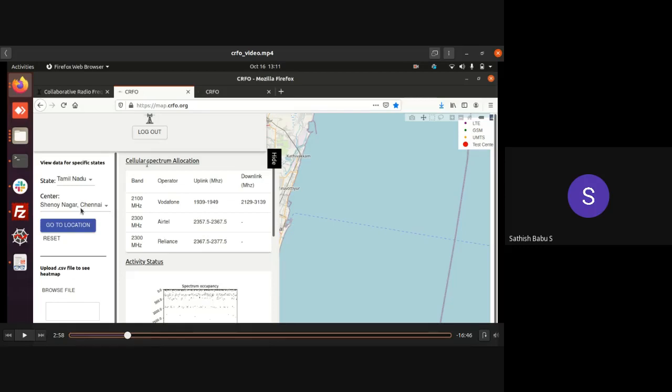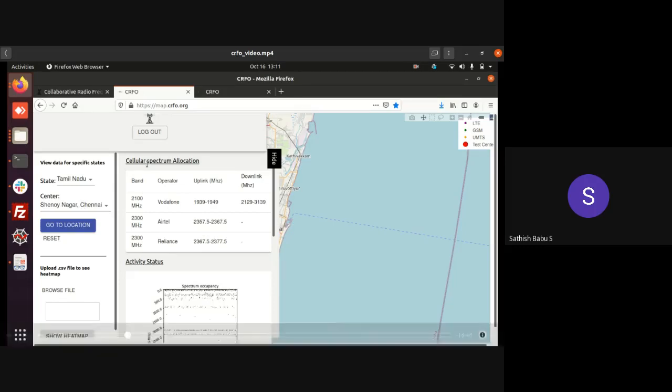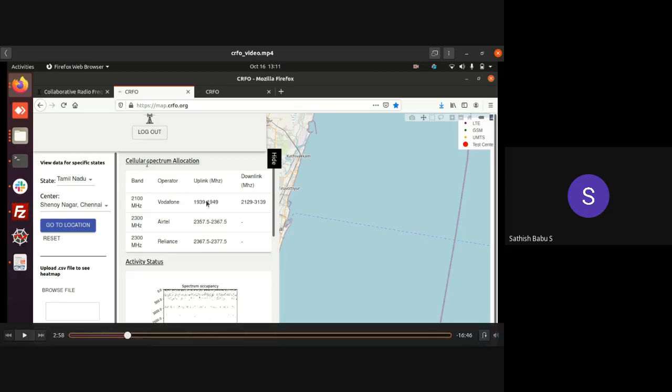Suppose after clicking your area, this is not visible, then that particular data has not been uploaded here. Some of you from remote locations, not from the major cities, if the data is not uploaded, you will be unable to see this particular information. Particularly for major cities, you will get this information. Okay, so with this,